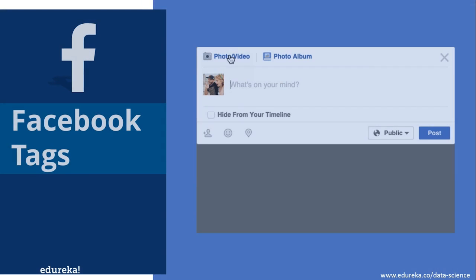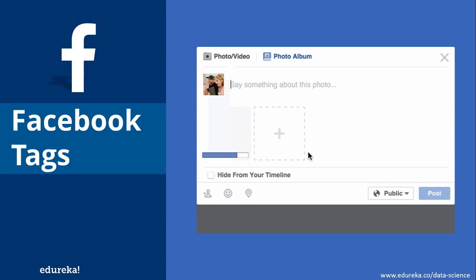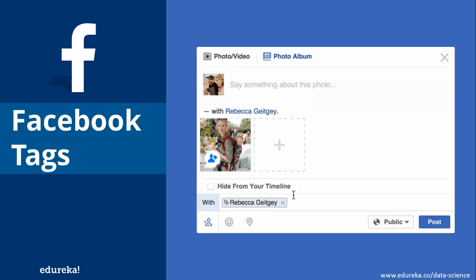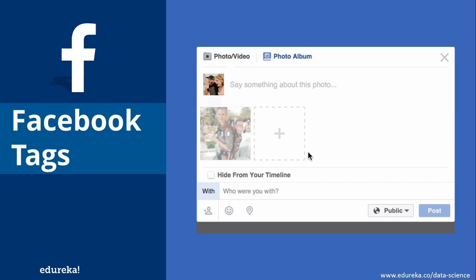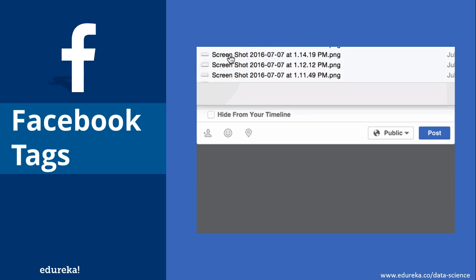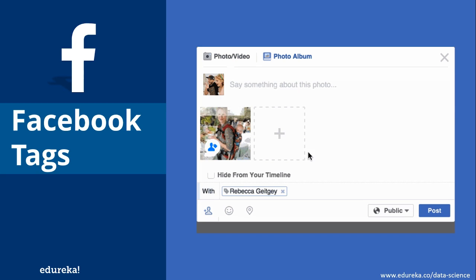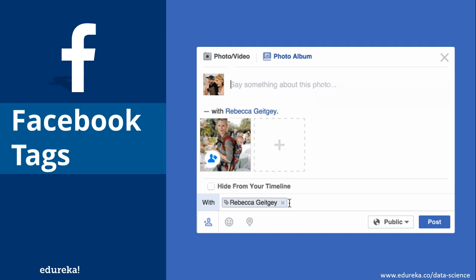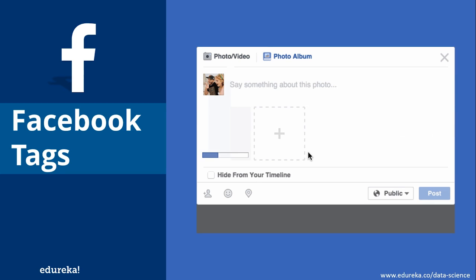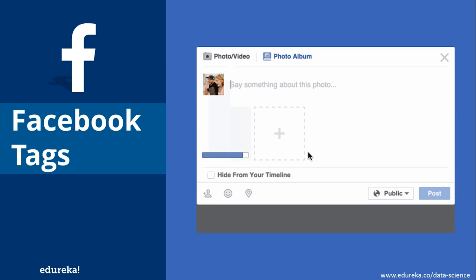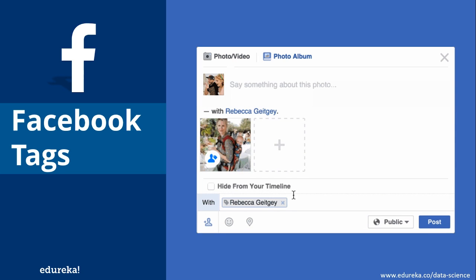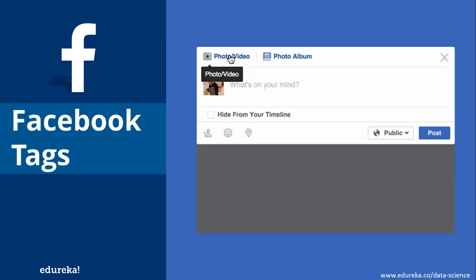Next, we have Facebook's auto tagging feature. Now, the logic behind Facebook's auto tagging feature is machine learning and neural networks. I'm not sure how many of you know this, but Facebook makes use of DeepMind face verification system, which is based on machine learning, natural language processing, and neural networks. So DeepMind basically studies the facial features in an image and it tags your friends and family.